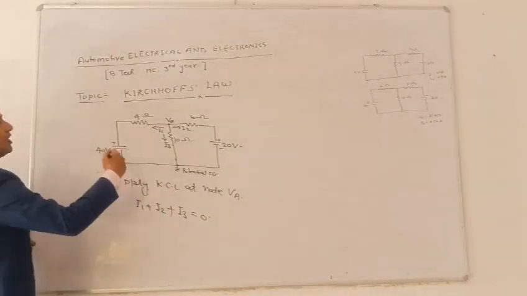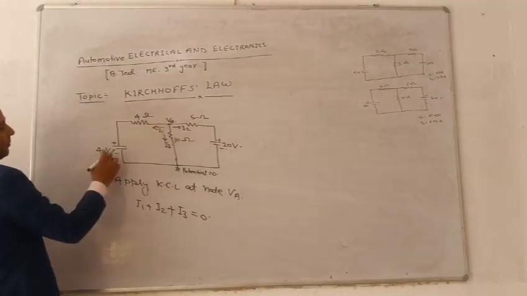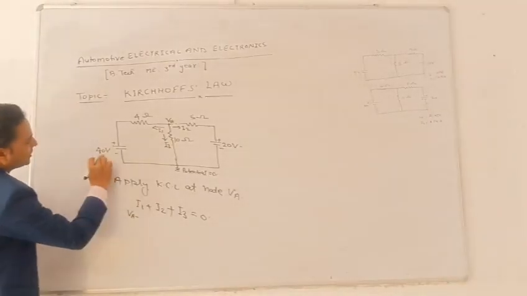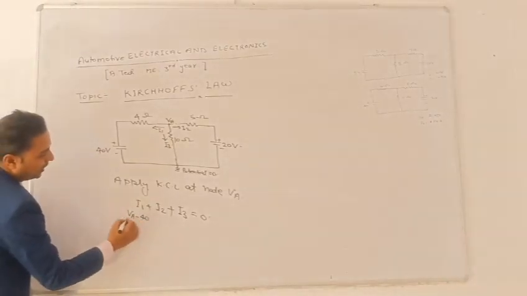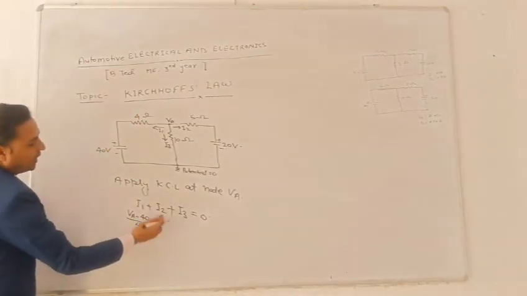According to Ohm's law, I is equal to V upon R, higher voltage potential minus lower voltage potential. So I1 is VA minus 40 upon 4 ohm, plus